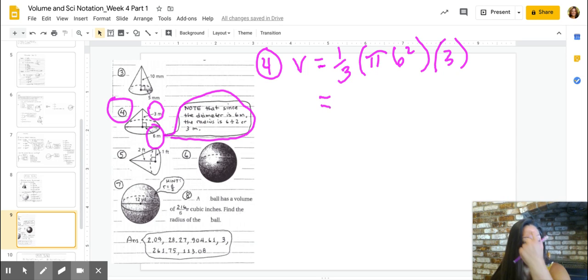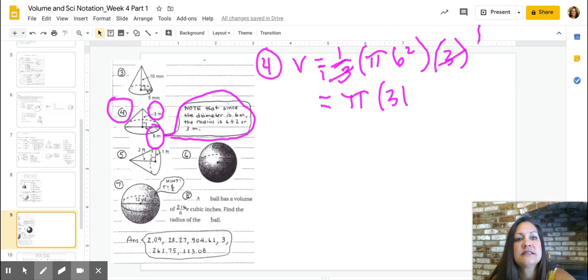I noticed something right here. Did you see it? Right here, I have 1/3, but I have times 3. So why don't we just simplify that? 3 divided by 3 is 1. It's 1 up there, 1 down there. Cool. So now all we need is pi